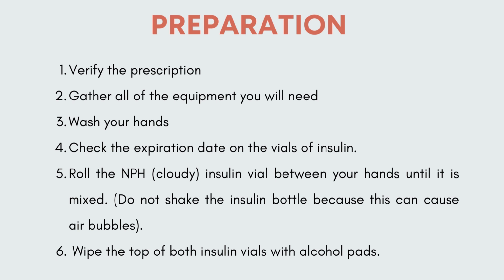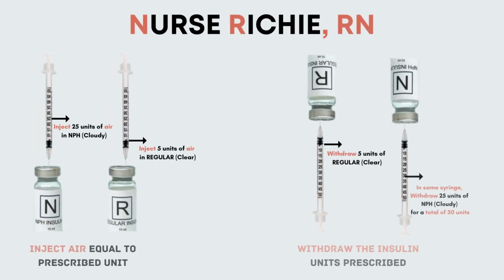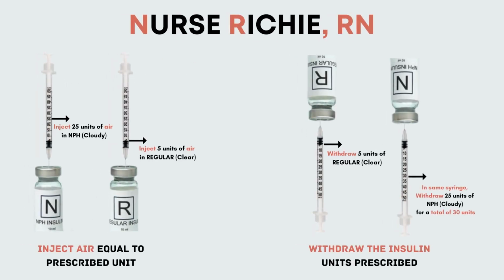All right. When that is done, now we're going to go into how to pull out this medication. So the first thing you're going to do, going back to our mnemonic again, Nurse Richie. All right. So nurse, so N is NPH. We said we're given 25 units of NPH, right? And 5 units of regular. So what you're literally going to do is take your empty syringe, pull your plunger all the way back to 25. All right, now you have your plunger pulled all the way back and you have that syringe filled with air. What you're going to do is push all that air of 25 units